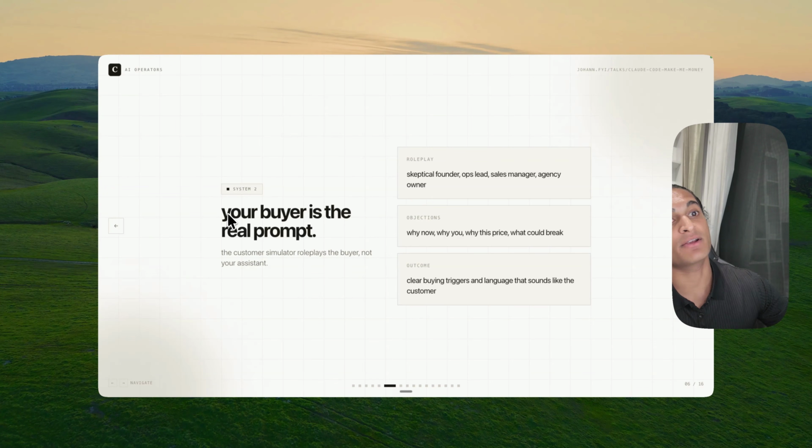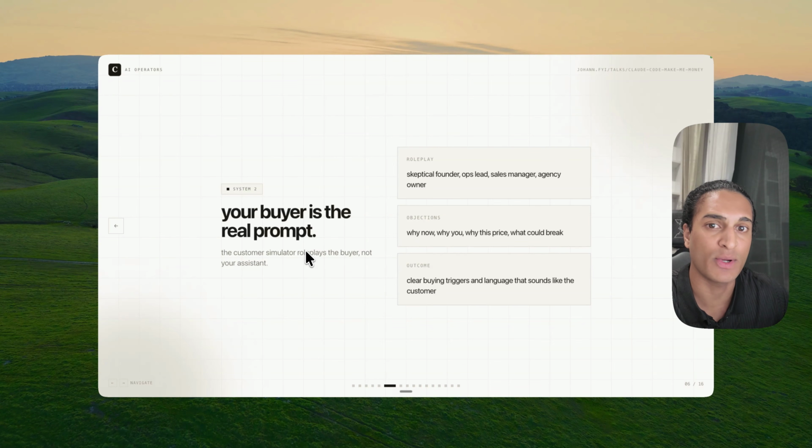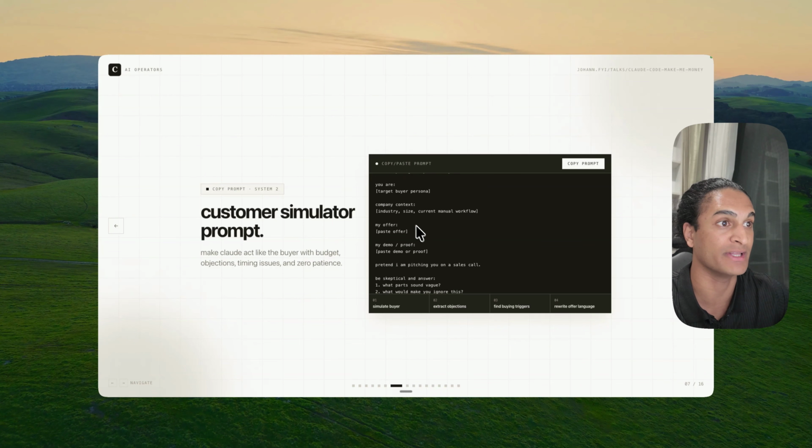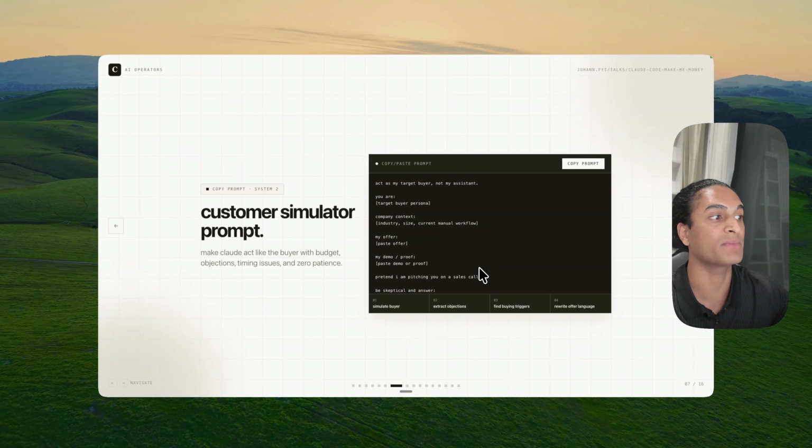Cool. Your buyer is the real prompt, because at the end of the day, you could build something, but if you're targeting the wrong audience, that is not the way to go. So you want to make sure you know exactly who you're targeting for the product that you built out. And I, again, have the prompt right here. Act as my target buyer, not my assistant. And you could input the details that you really need, your offer,